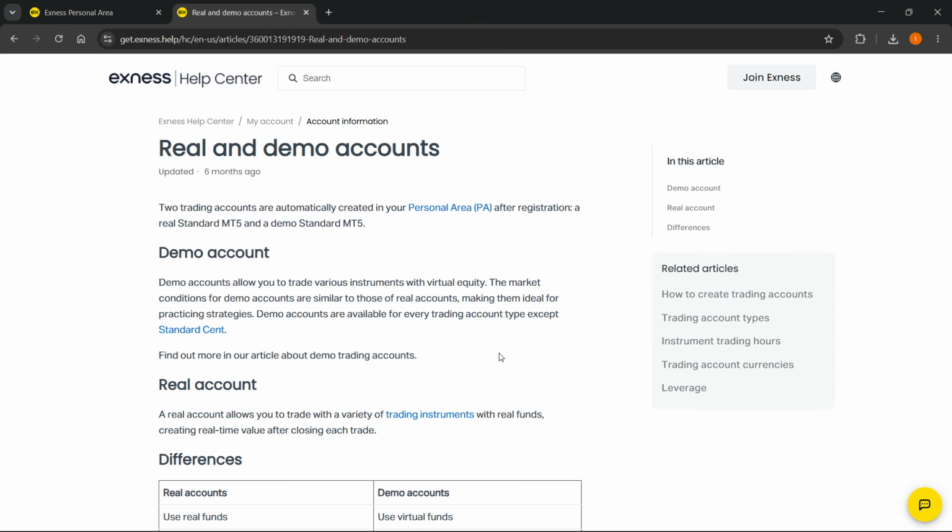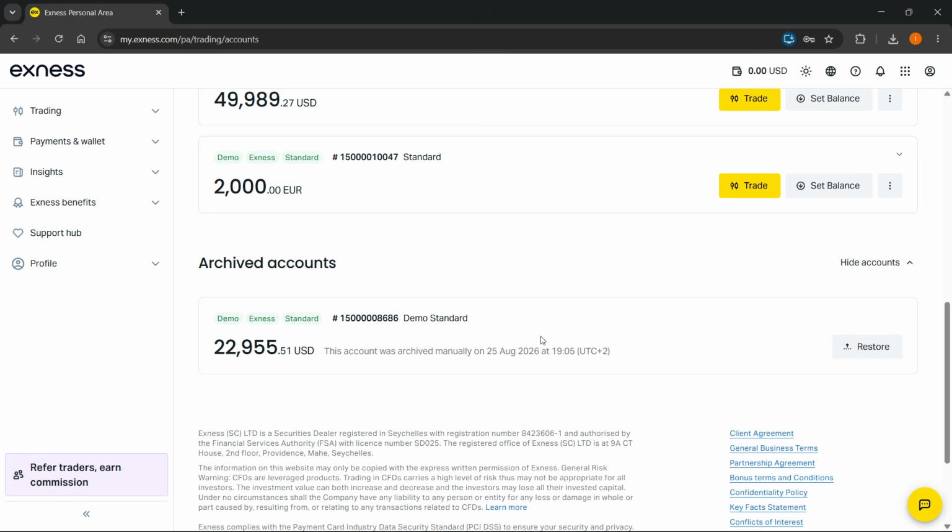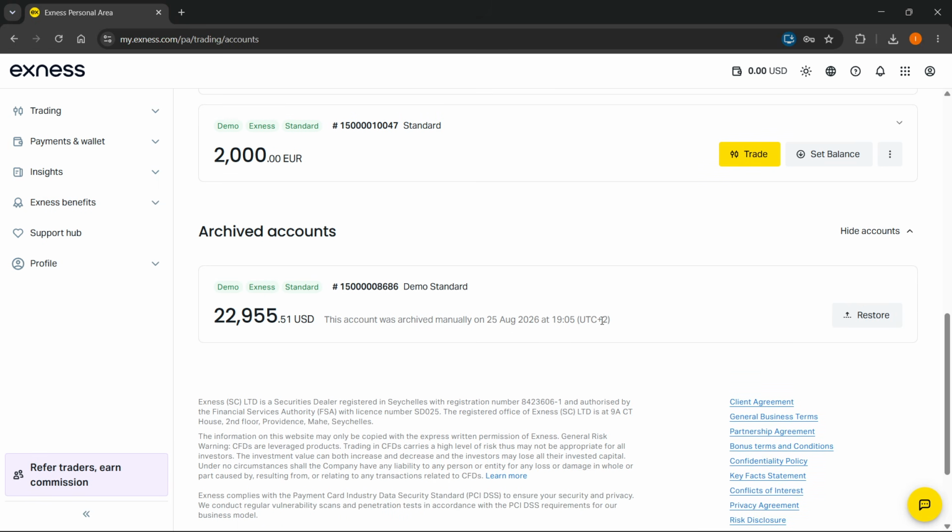So over here, I actually wasn't able to find how long it would take when you archive an account to actually delete itself, but you actually don't have to do anything whenever you archive it, just wait for it to be deleted. Now, I've read somewhere that for MT4 accounts, they're going to be automatically deleted after 180 days of inactivity, and for MT5 accounts, they're going to be automatically deleted after 21 days of inactivity. I'm not 100% sure whether that's correct, but I have read it on like a forum, so maybe that's true,